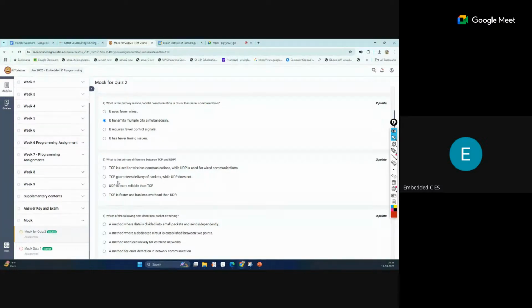Okay. So as I mentioned, TCP actually uses one fixed circuit or one fixed path, and all packets are transmitted only on that path. So that is the guarantee. So all packets will be delivered to the destination, but UDP does not. So maybe at some path, if our network is disconnected, that packet may be lost. So that is the correct answer.